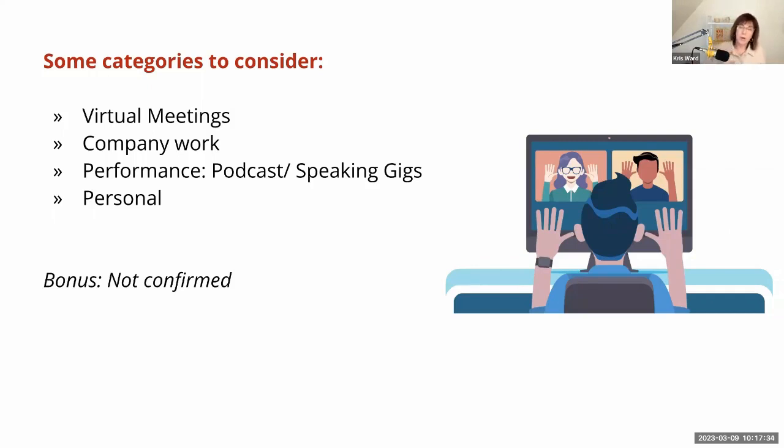And a bonus one that I do that I think helps a lot is I do a not confirmed. I know that we are often all relying on different automations like Calendly and stuff like that. But in my case, let's say I'm getting somebody on my podcast that's a VIP. I'm not sending them my calendar link, I'm going off theirs, or maybe we're going back and forth in email.